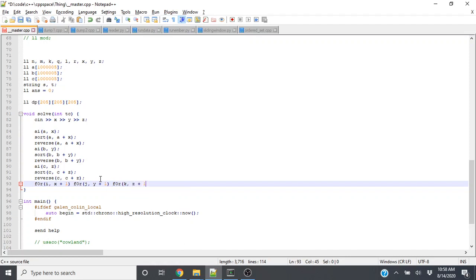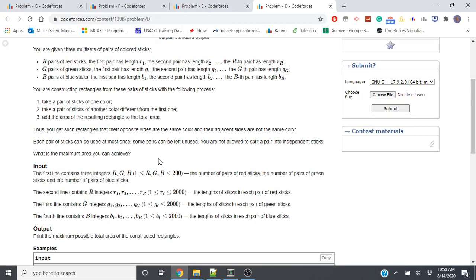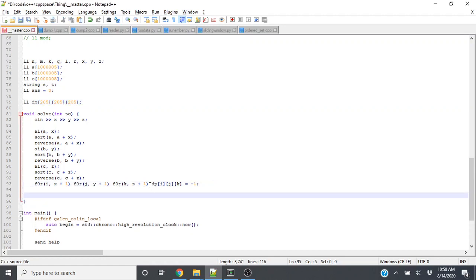K is equals 1 or -1. And this DP is the highest area you can get, having used this many sticks from the first, this many sticks from the second, this many from the third. Then